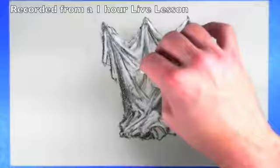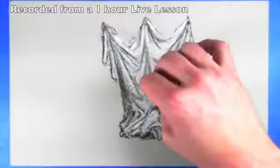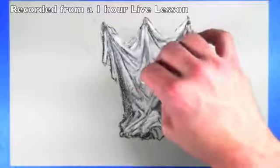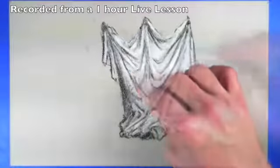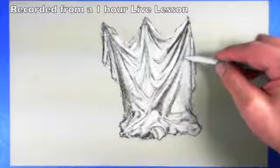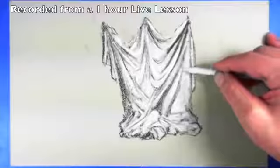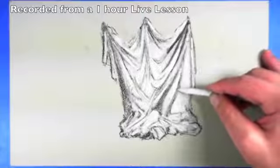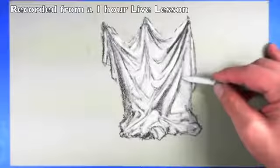Well, thanks again. I did a drawing of a bird before using some of the terracotta color and the black and the white. But tonight we're focusing on drawing cloth, which is some marks with, and again, it's going to create some gray areas. Like right down here on the right side, there is an area where it gets a little...